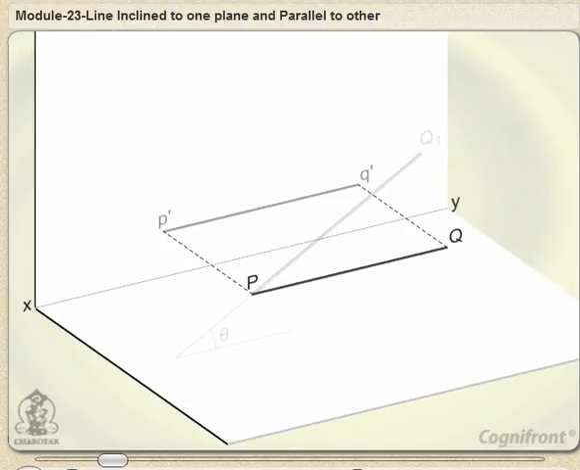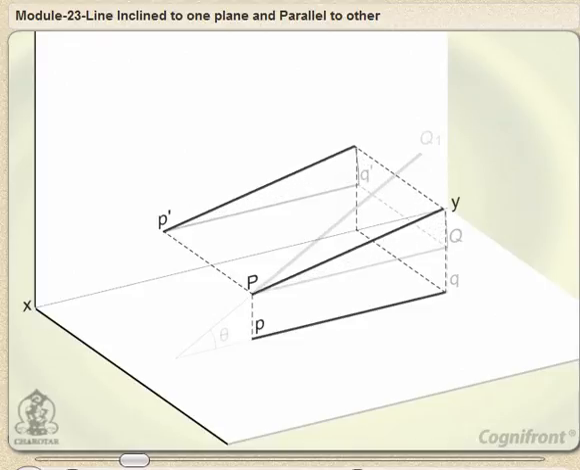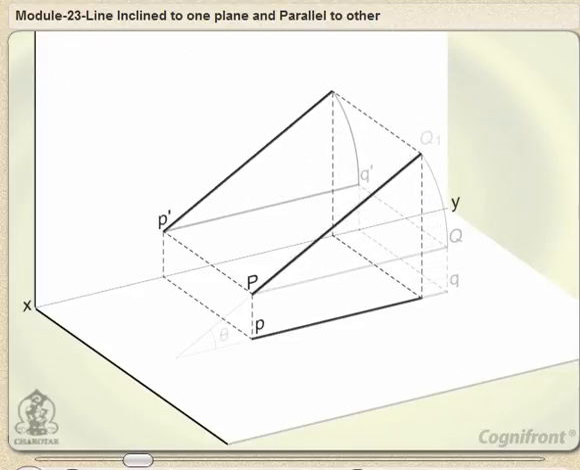Its front view P'Q' and the top view PQ will both be parallel to XY and equal to the true length. When the line is turned about the end P to the position PQ1 so that it makes the angle theta with the HP while remaining parallel to the VP,